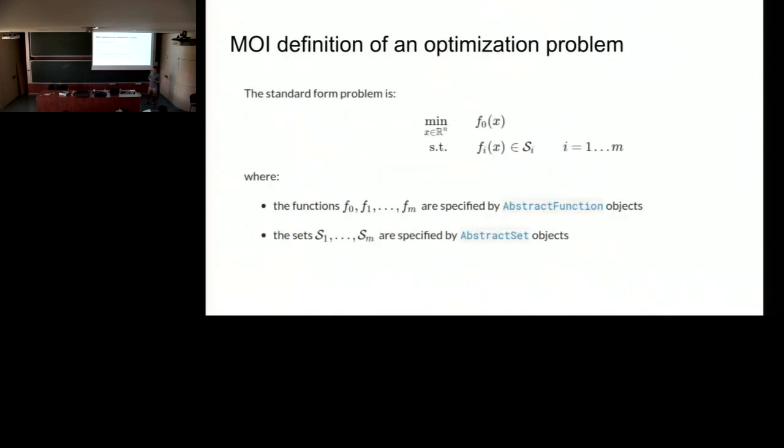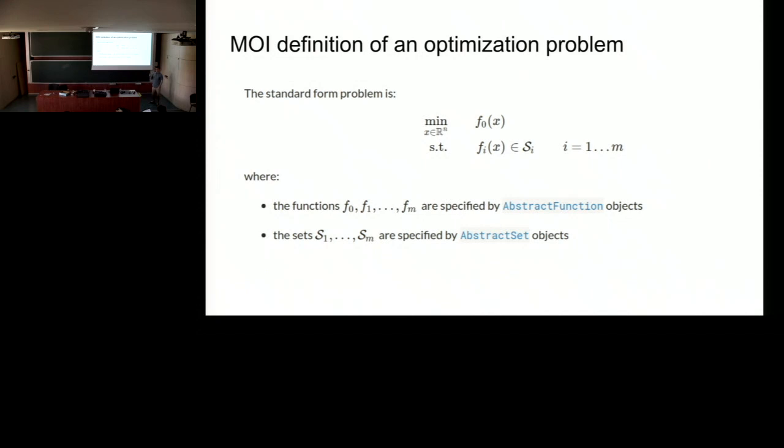Okay, so how do we define an optimization problem? This took a lot of iteration. We had some pretty long discussions in last year's workshop. What we settled on was to say that an optimization problem, first of all, we're only considering scalar variables, and for the moment real-valued variables,